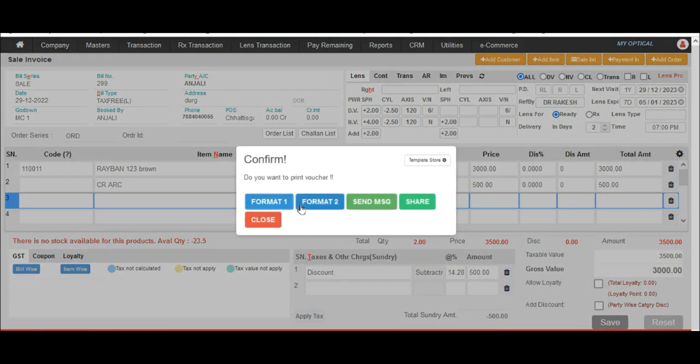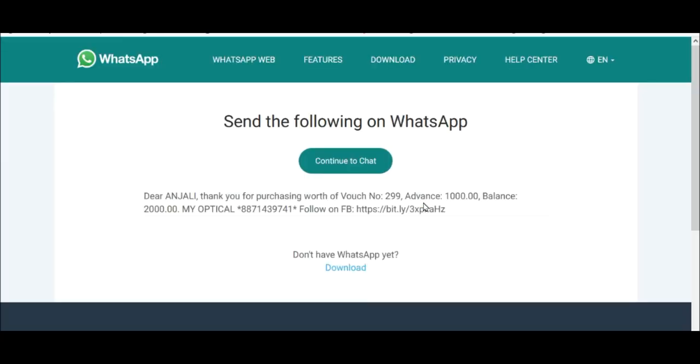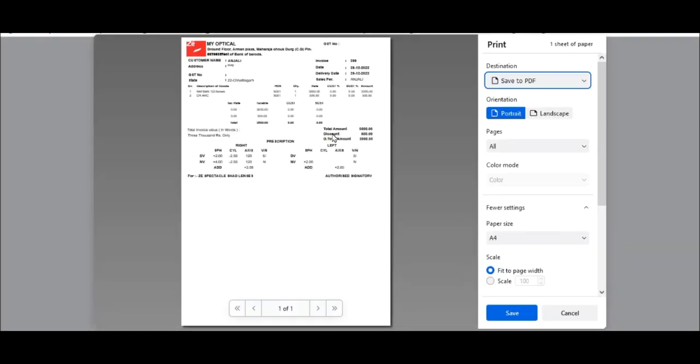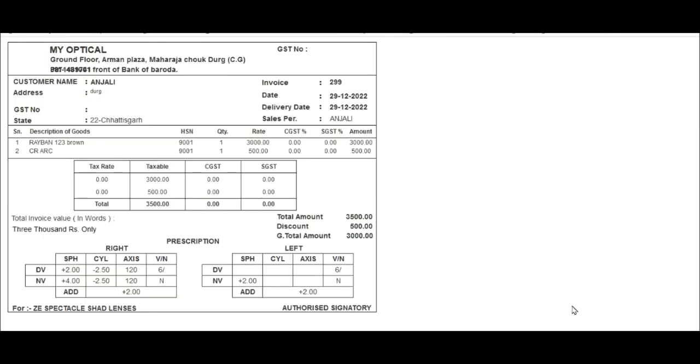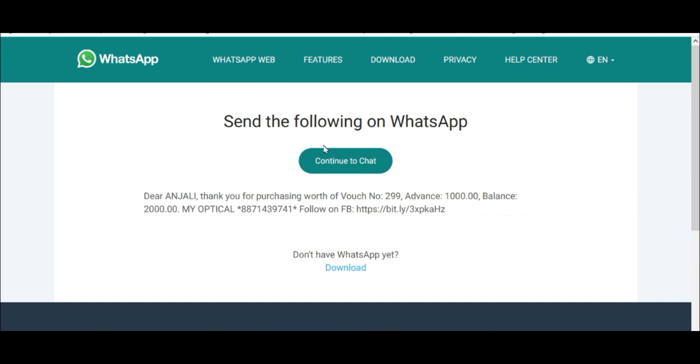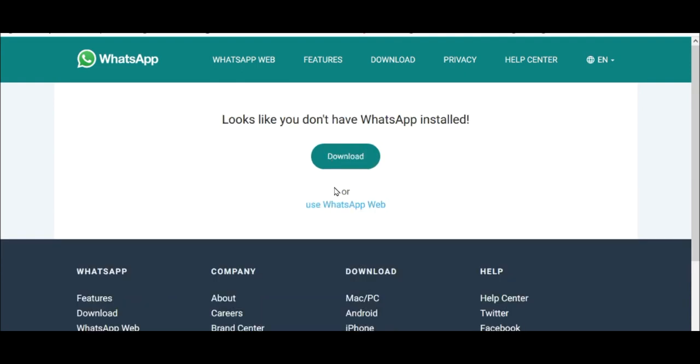Here, format 1, format 2 will be your bill type. You can set the bill depending on the condition, as per your need. Then here, if I click on share, it will redirect me to WhatsApp. Okay, this is the bill. You can customize it totally as per your need. And on WhatsApp, if I click on continue to chat,